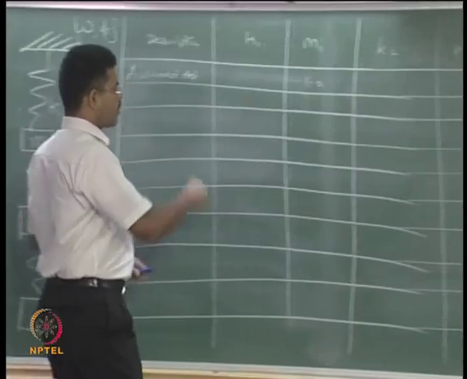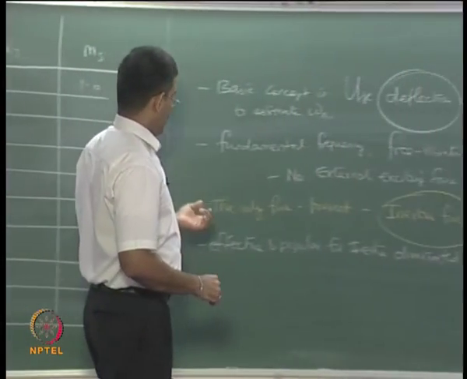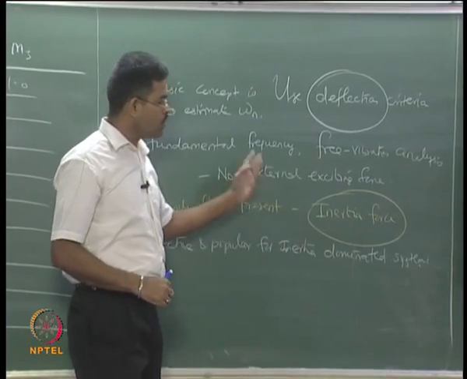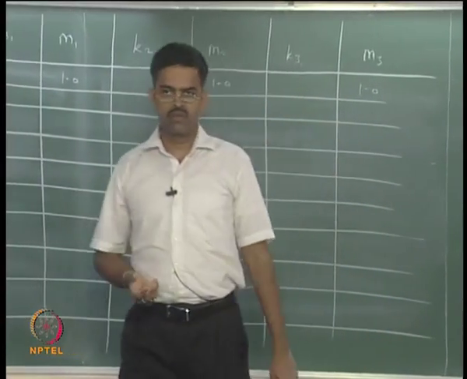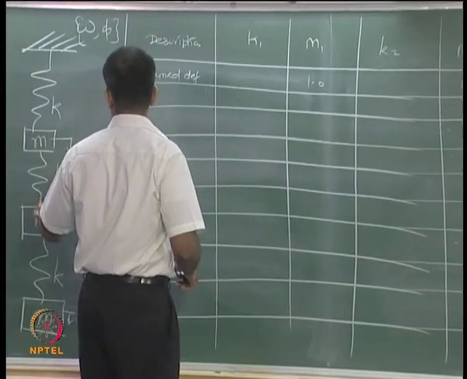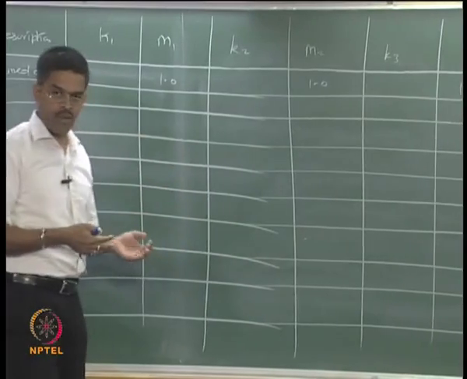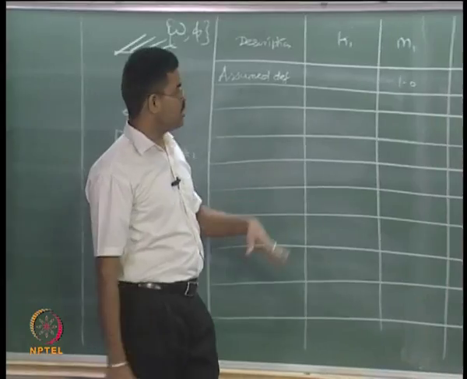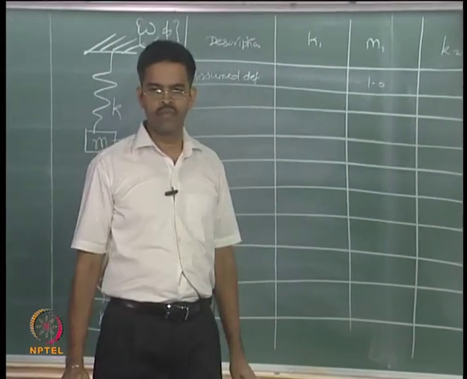One may wonder, do you have to always start at 1, 1, 1? I already said Stodola-Vianello method will talk about the fundamental frequency and the fundamental mode shape. Fundamental mode shape or the first mode shape will always have the positive value, there is no zero crossing. So therefore I start with all positive values. You may say in this case mass are all 1 1 1, if it is 3 2 1 4, how this will vary? I will take up another example, I will vary these values and see how I am assuming them. But the interesting part of this method is you assume any value, it will converge automatically. I will show you that in the next problem.